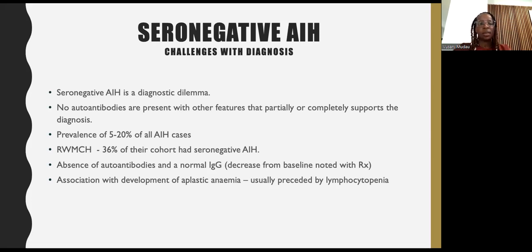In South Africa, there was a study done at Red Cross War Memorial Children's Hospital in Cape Town, where they looked at characteristics of their patients with pediatric autoimmune hepatitis, and they found that 36% of their cohort actually had seronegative hepatitis. But they queried whether this high number was related to the laboratory testing, because the International Autoimmune Hepatitis Group recommends that we use the immunofluorescence technique as the standard method for antibody testing, and some of the labs here use immunoassays. So they queried if maybe some of the autoantibodies were being missed depending on the method of testing,